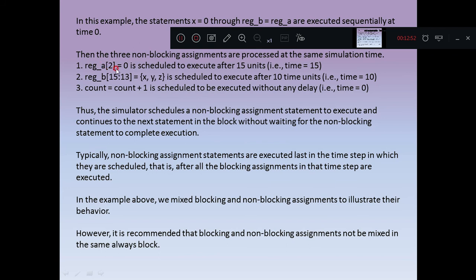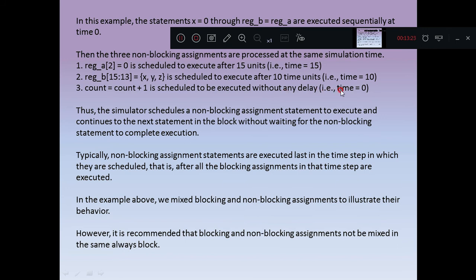Register A of 2 will get the value, here it is a typing mistake, it is supposed to be 1, because in the code we wrote 1 tick B1, so the value assigned is 1. It is scheduled to execute after 15 time units. The concatenated value of X, Y, Z is scheduled to be assigned after 10 time units. Count equal to count plus 1 is scheduled to be executed without any delay at time 0.